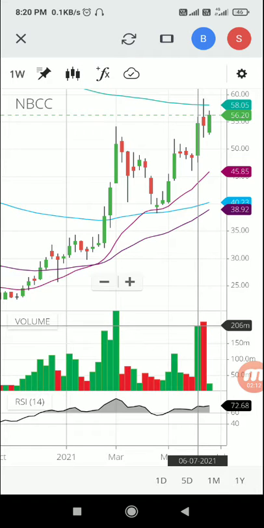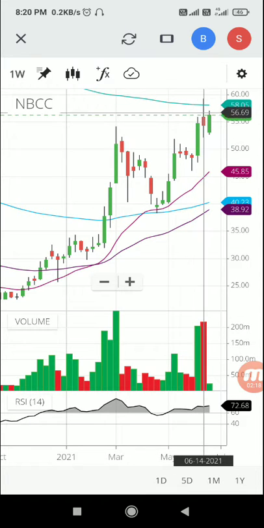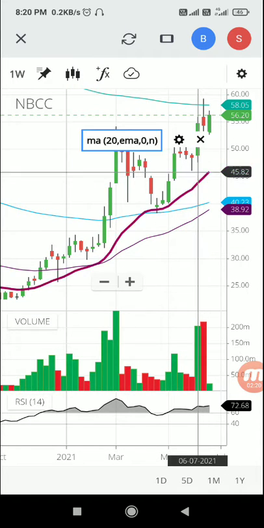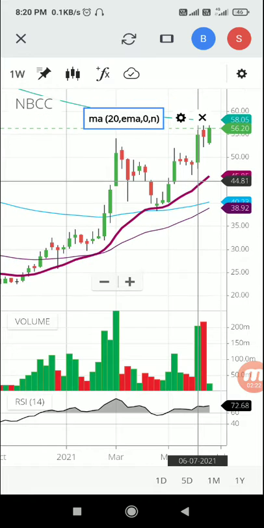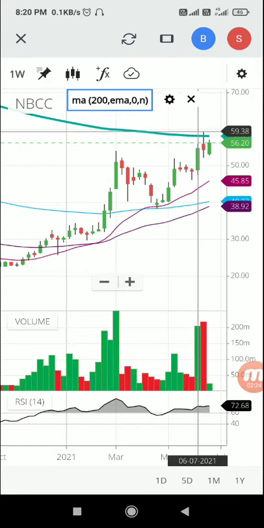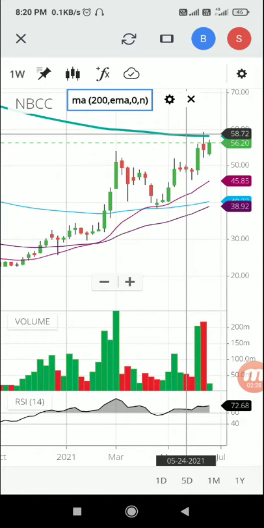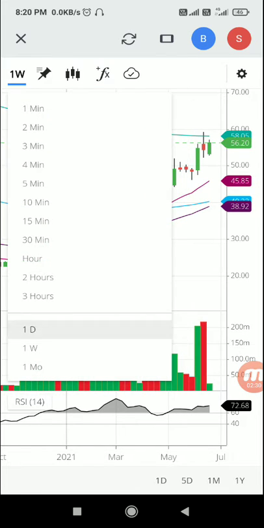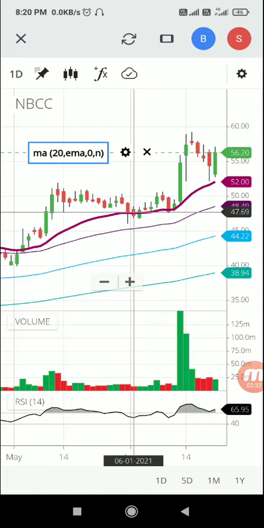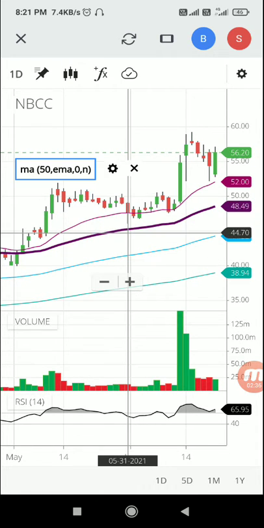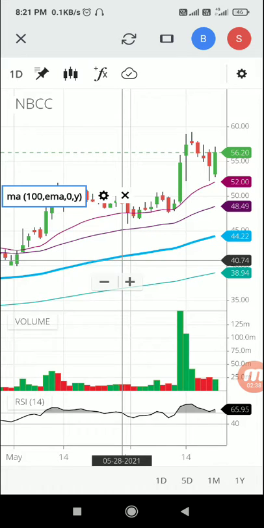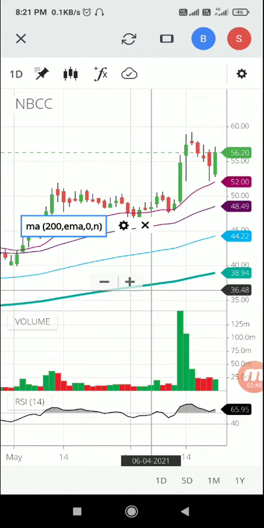Before that, on 6th of June actually, nearly 206 million shares were bought, and you can see the movement here. In the next one, a slight correction is there. So you can see here that the stock is trading at this valuation. So this is the 200 week moving average. If in case you are going to enter the 1 day candle, you can see that this is the 20 day moving average, this is the 50-day moving average, this is the 100-day moving average, this is the 200-day moving average.